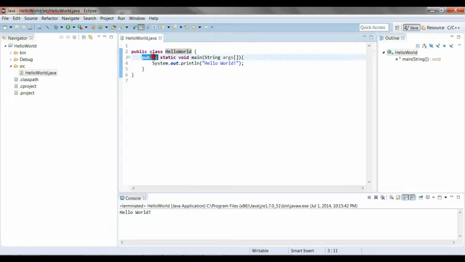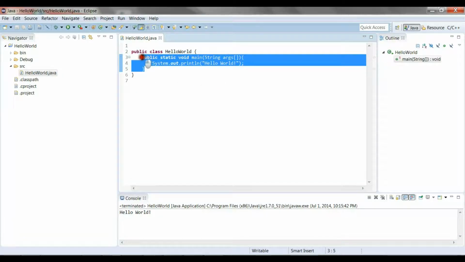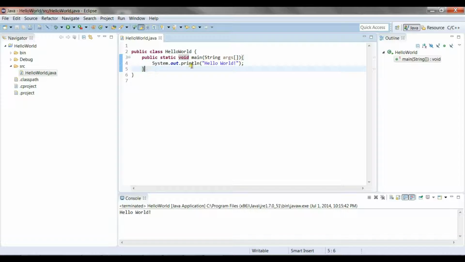And then we type in public again. Static, which is a very complicated term, and I'll explain it in another tutorial, or if you're very curious, you can just Google it. Void means a function is not returning anything. Oh yeah, this whole part is a function. Not function, a method. The method is not returning anything. It's not a function. And then main is the name, and we put String args